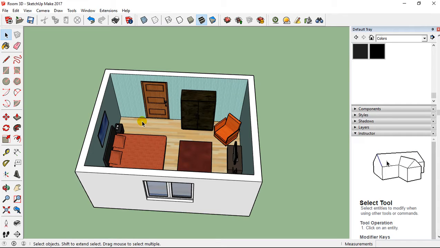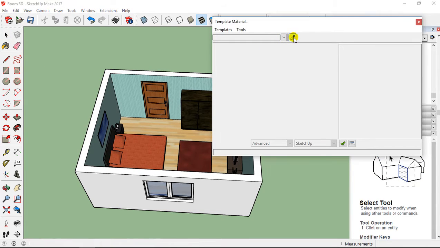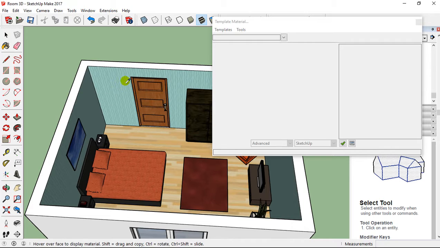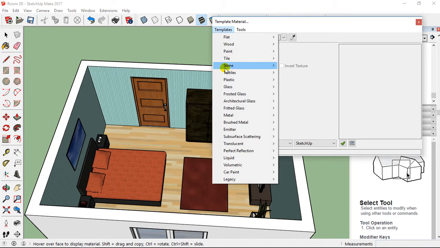Let's start a new rendering with Twilight. For this, I'm just going to change the material, so I go on template material and click on the wallpaper. I go on template and I select